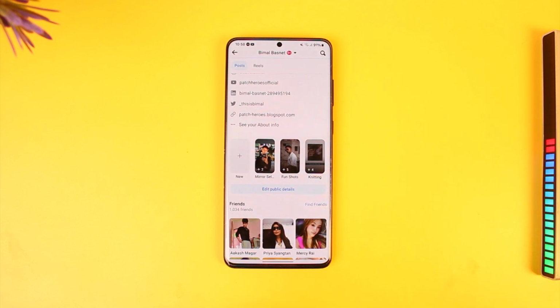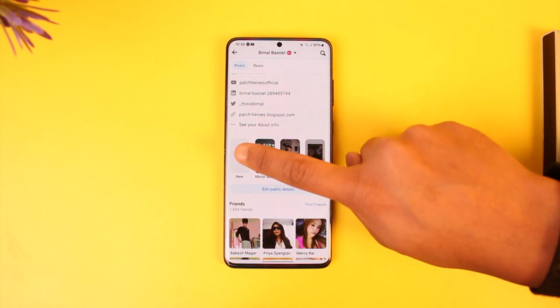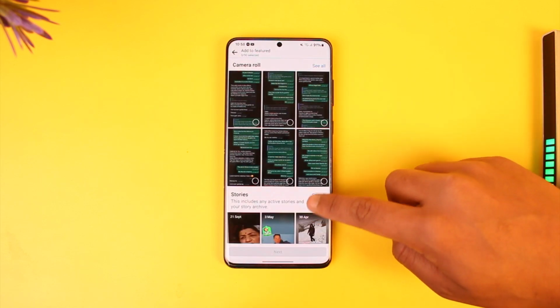So if you want to add a video, first of all your featured section are the past stories that you have already uploaded in the past. You must have uploaded a video in your story in the past so that you can add that video to your featured section. So just like you have the highlights on Instagram, it's just an old story from archive that you add. Similarly is also the featured section, but you can tap the plus button here